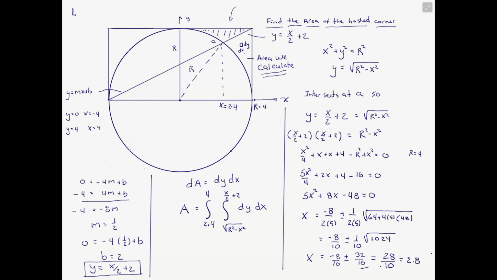So what do we have? Again, we're given that the radius is 4. We have the extent of the line, choosing the origin at the center. So 0, 0 is right there at the origin. This is minus 4. X is minus 4 right there, and x is 4 on the positive side. And what I did was I used